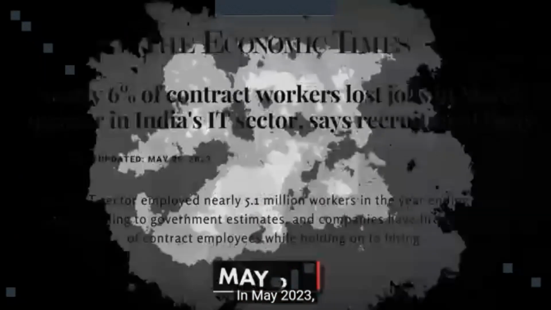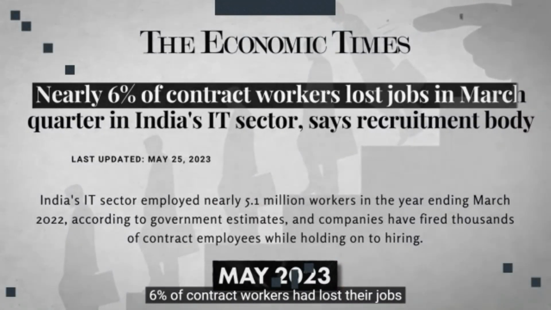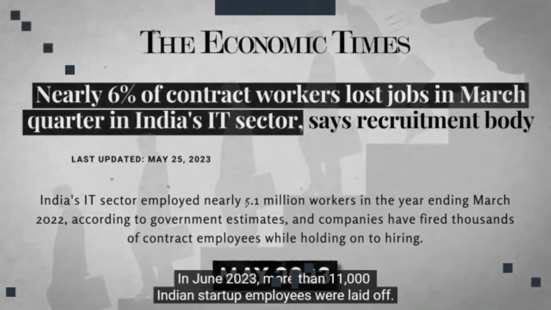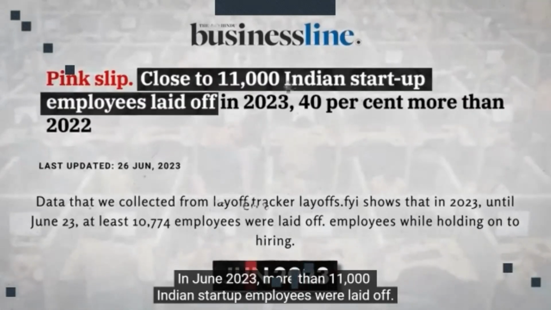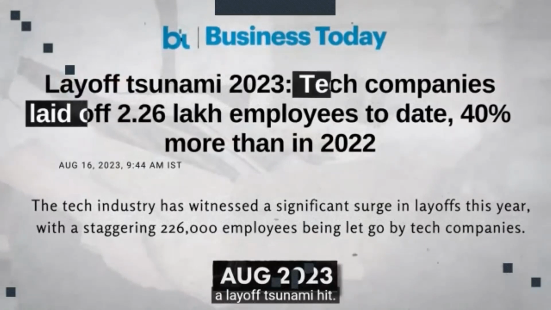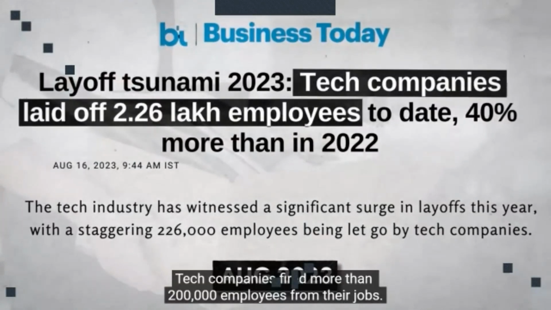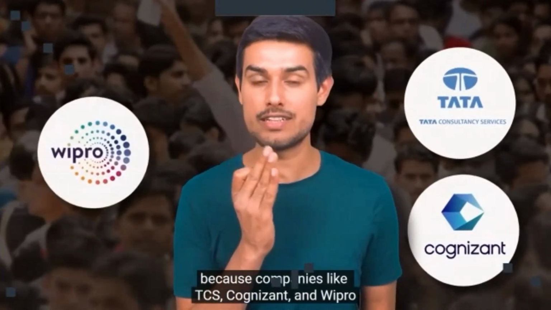मई 2023, इंडियन स्टाफिंग फेडरेशन बताता है कि 6% कॉन्ट्रैक्ट वर्कर्स अपनी नौकरियां खो चुके हैं मार्च के क्वार्टर में इंडिया के आईटी सेक्टर में। जून 2023, 11,000 से ज्यादा इंडियन स्टार्टअप एम्प्लॉयीज को ले ऑफ किया गया। अगस्त 2023, ले ऑफ की सुनामी आ गई। टेक कंपनीज ने 2 लाख से ज्यादा एम्प्लॉयीज को अपनी नौकरियों से फायर किया। इंजीनियरिंग कॉलेजेस परेशान हैं क्योंकि टीसीएस, कॉग्निसेंट और विप्रो जैसी कंपनीज ने कैंपस हायरिंग शुरू नहीं की है।